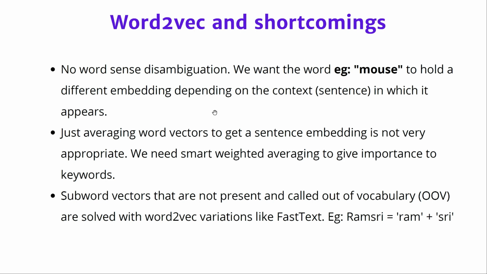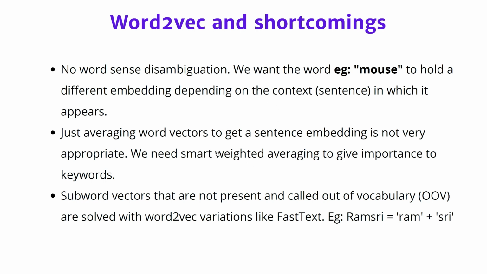And the other thing to remember is that if you are trying to get a sentence vector, what we are doing is just averaging the word vectors of individual words in the sentence. But that doesn't really suffice because sometimes you need smart weighted averaging, because some words are more prominent or important than other words. So you need to give weightage such that those words and their corresponding word vectors have a higher score, a higher weight factor when you're averaging, but that's not preserved when you're trying to take a sentence vector.